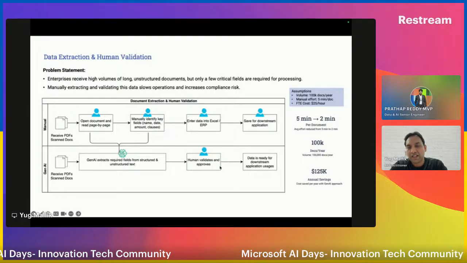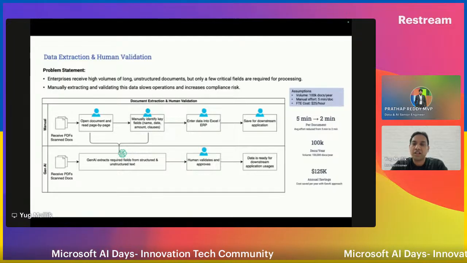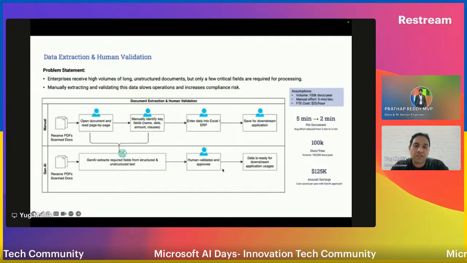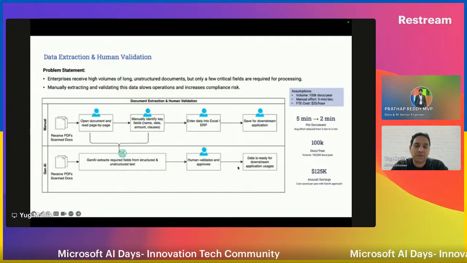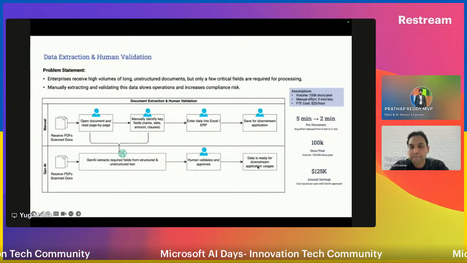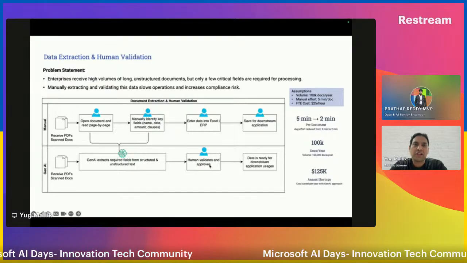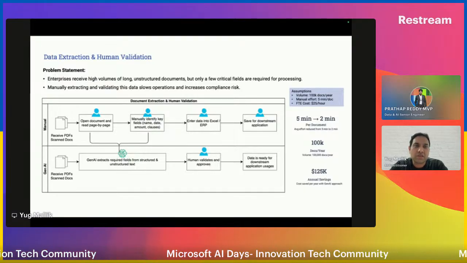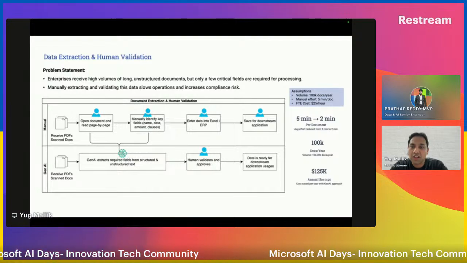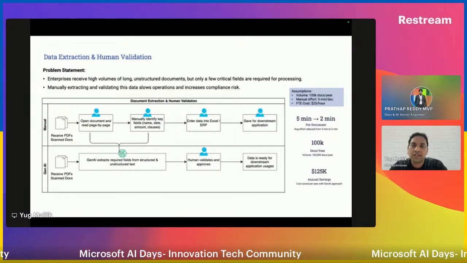You just have to validate if the number or any information that you want has been extracted correctly, and if it is, then you click on save so that the validated information can be used in the downstream applications. Now, none of the extraction happens 100%. Accuracy of more than 90% is the industry trend, and we are seeing more than 90% as well, but nevertheless it is not 100%, right?